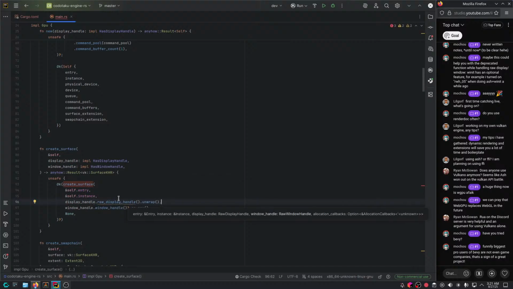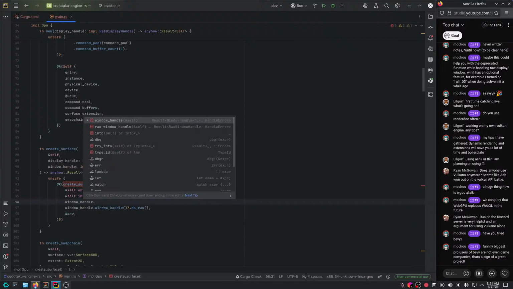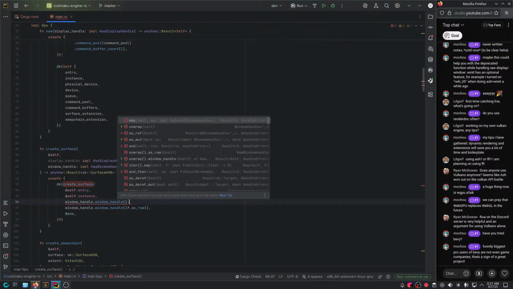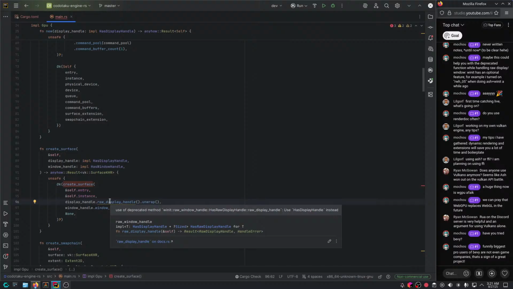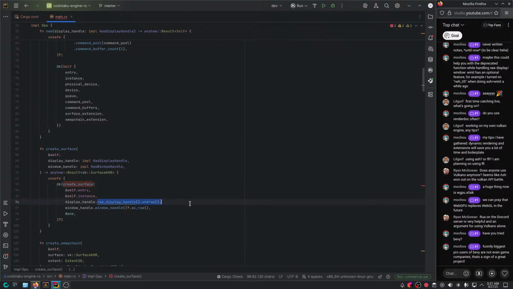Though I believe, wait, I think the new one, actually, you could grab the display handle just from the... No? Wait. Nah, that doesn't seem like, for some reason. Alright, fine, let's just go with that then. And not this one.